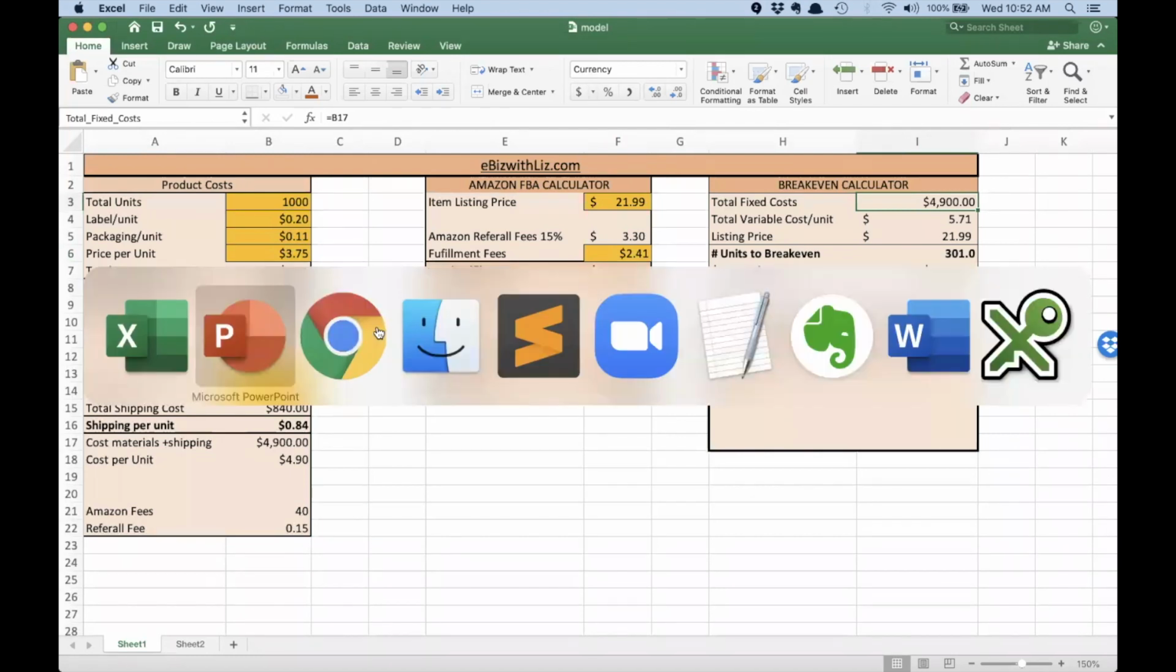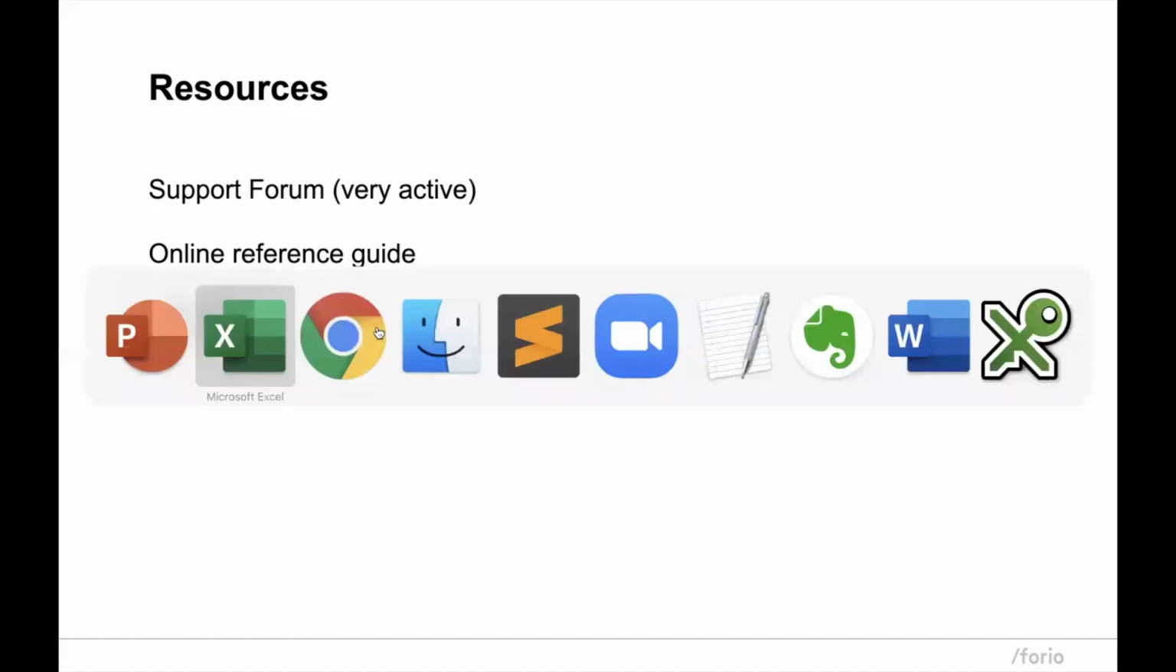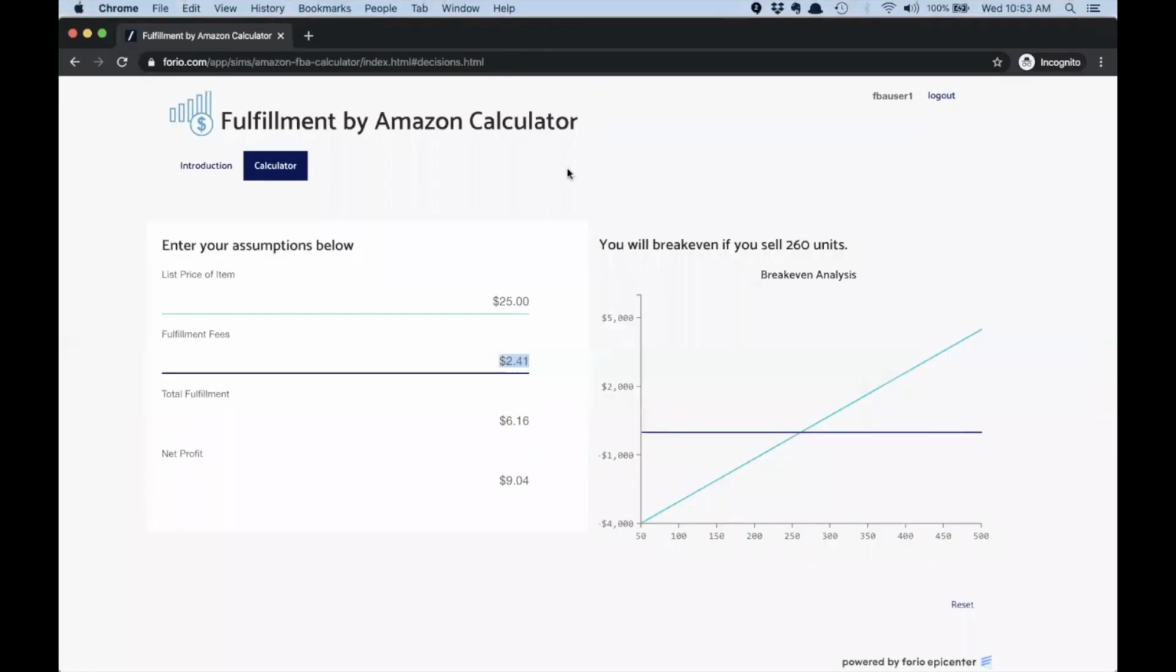If you are interested in learning more, we have other resources available for this. There's a support forum that's very active. There's also an online reference guide, and there are other webinars on other topics and other styles of simulations available as well. Just to give you a sense for how to access that support forum,